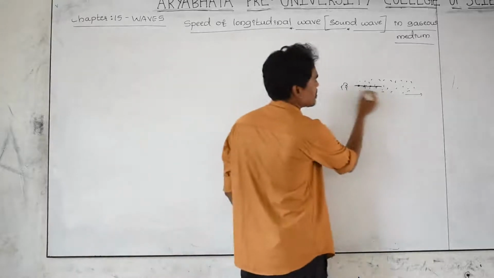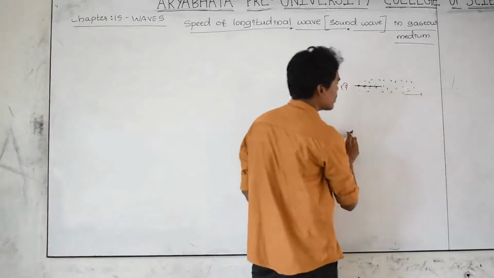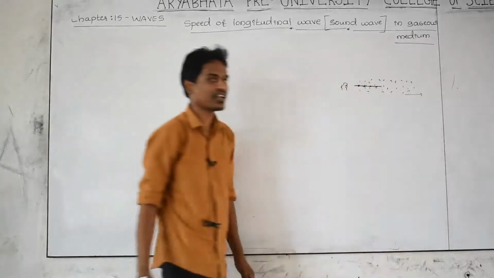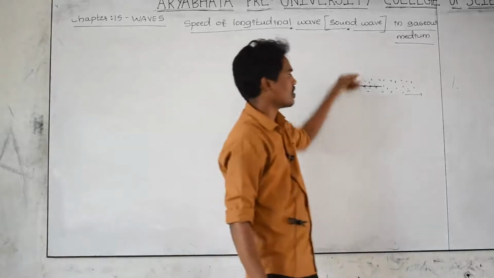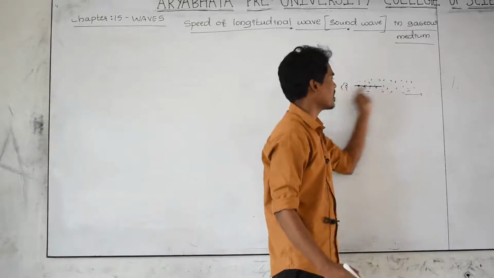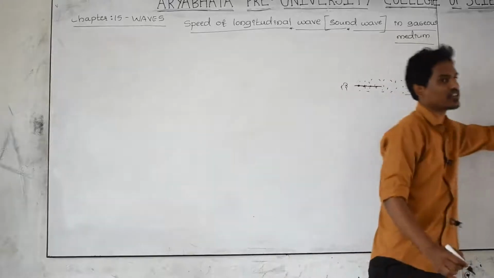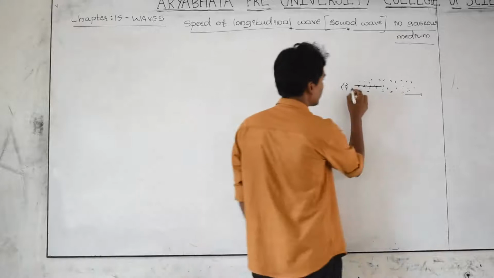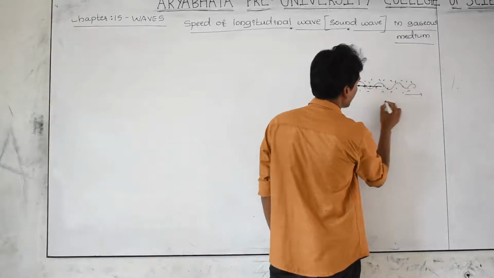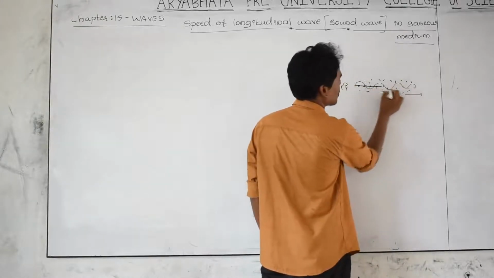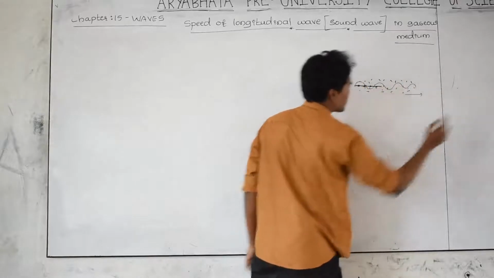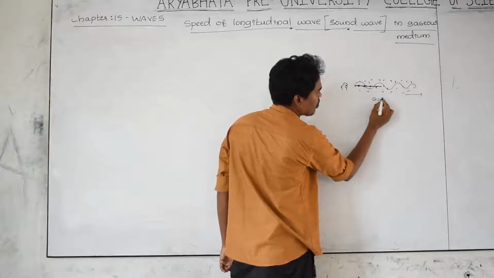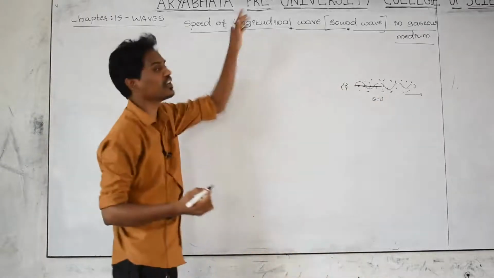The particle vibration is in the x direction and the disturbance is moving in the same direction. So theta is equal to 0 degrees between those. The air particles vibrate in this direction and the sound propagates in this direction. The angle between the two is 0 degrees. The sound moves in the form of a wave, meaning a disturbance moving in this direction while the air particles vibrate in the same direction. Theta is equal to 0 degrees.